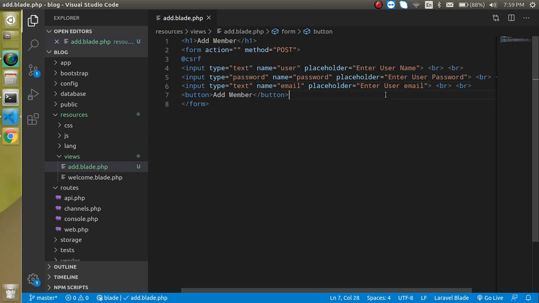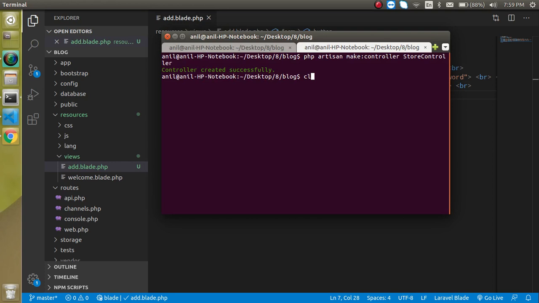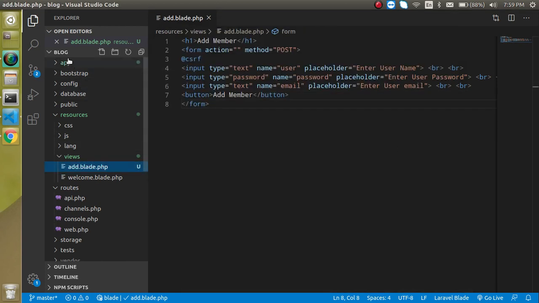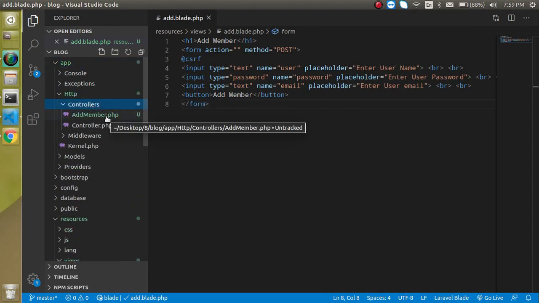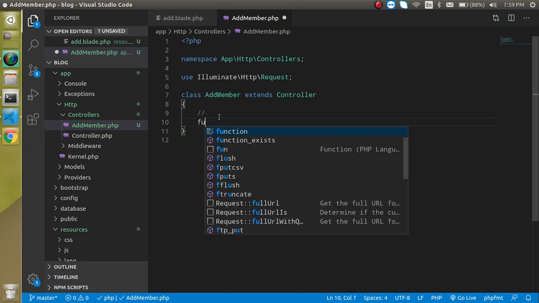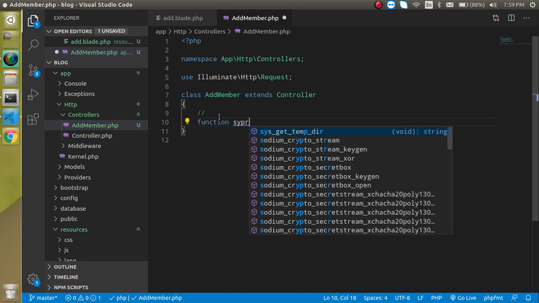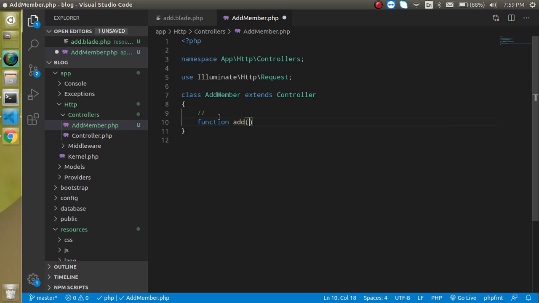And now we need a controller, so let's remove the already commented code and put here php artisan make:controller. The controller name can be like AddMember, and just hit it. Our controller is created. To look into it, let's go to the http controller AddMember. Let's make a function like add or something, right?